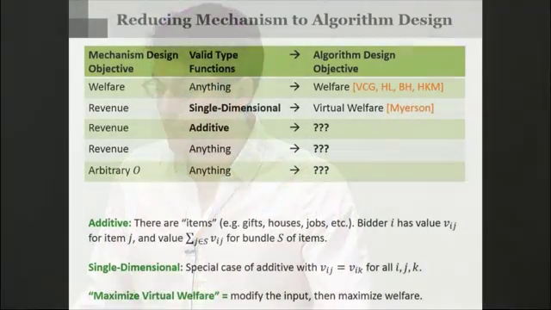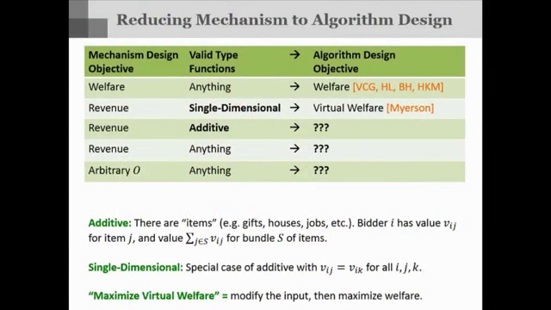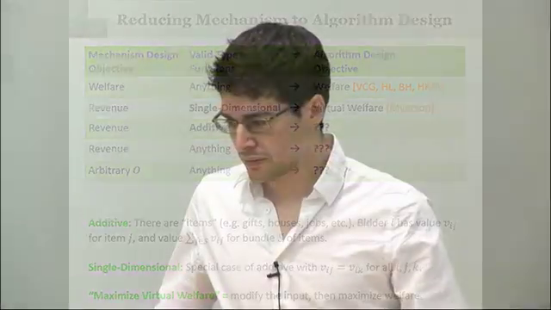Okay, so now I want to tell you what's already known about this. What we do know is that if your goal is to optimize welfare truthfully, no matter what kinds of types the agents have, you can do that as long as you know how to optimize welfare algorithmically. Now for revenue, I know there's some notation in this line that I'm going to define shortly. What we know for revenue is that for very simple bidder types, if you want to optimize revenue truthfully, you just need to be able to optimize virtual welfare algorithmically. And I'll say what these terms are now.